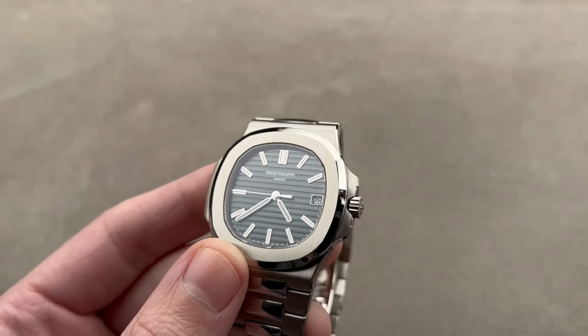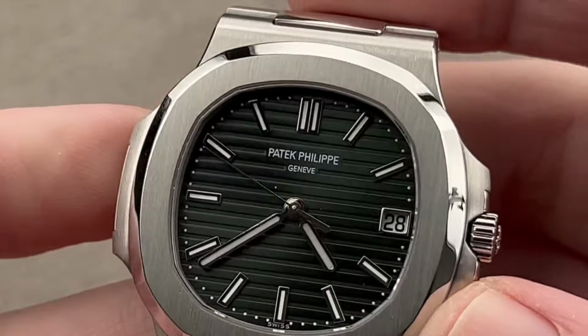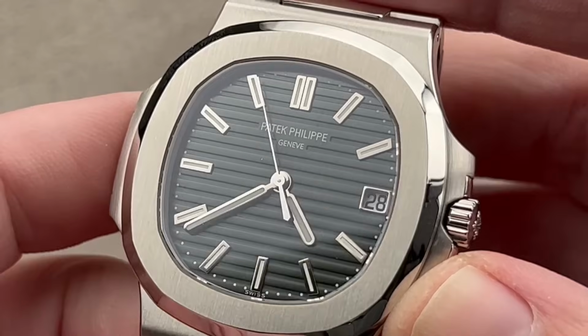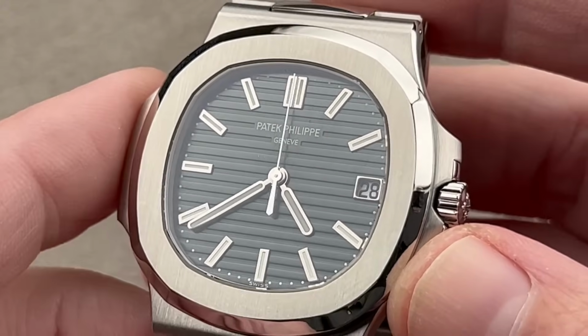Speaking of a match made in heaven, horological heaven, the color green and the Patek Philippe Nautilus. Now this watch, which came out in 2021, was a one-year-only reference featuring the 2021 green dial. It's the 5711/1A-014, and yes, I know this is the definition of a hype watch, but like a trust